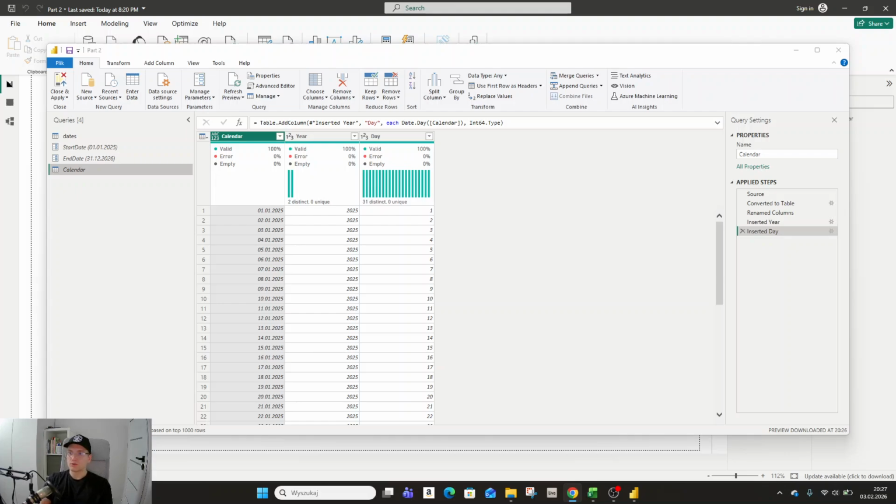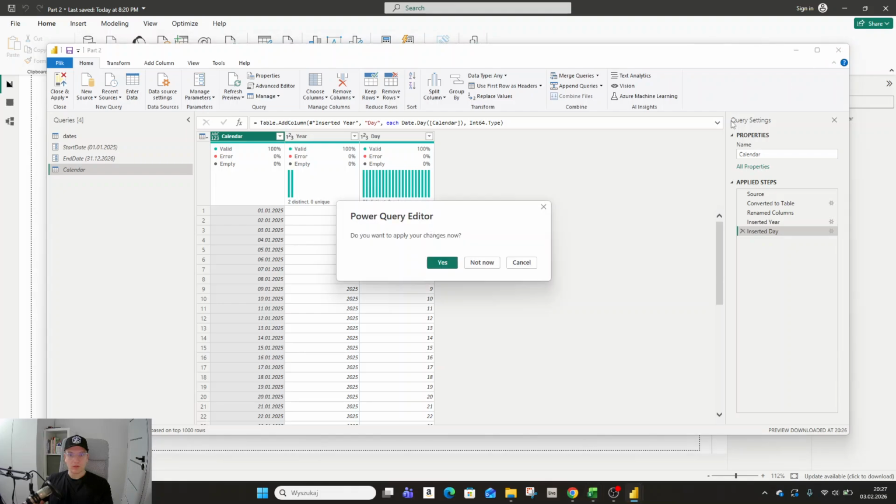Let's check how it's in English. Now, internet is not so fast today. Omitted. While refreshing, it will be omitted, right? Of course it will be. So that was the calendar tables,